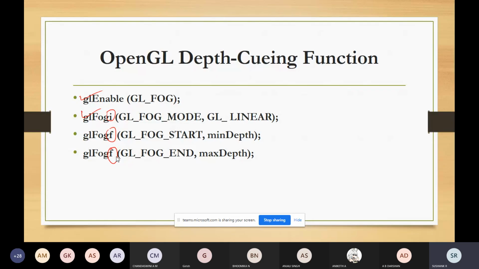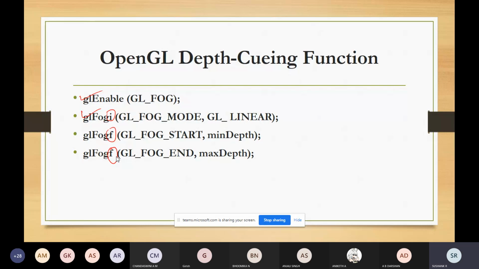The minimum distance will be taken as 0 and the maximum distance will be 1.0, and we can also set different values for this distance. The parameters are min depth and max depth. They can take floating point values, and you can also assign the same function with integer values; the one change is that instead of glFogf, we use glFogi.